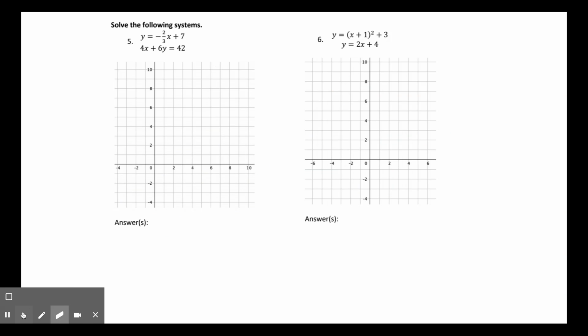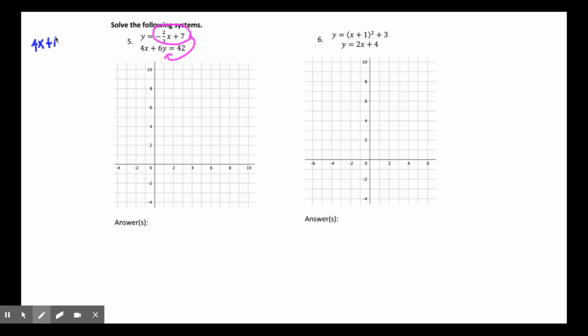Okay, so it says solve the following systems. So you need to solve this both algebraically and graphically. So first I'm going to take this. So algebraically, you can see they're set up to solve by substitution because you have y all by itself here. So you plug it in here, and then you get